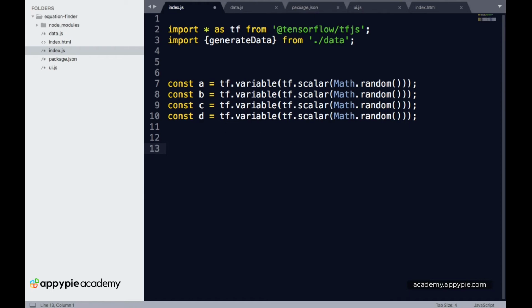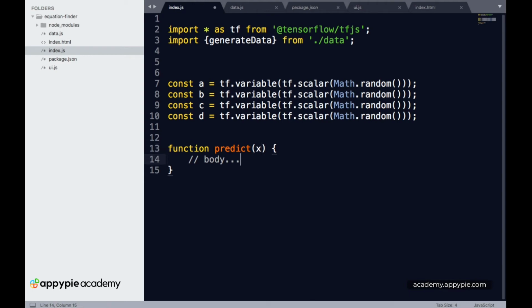Then we need to basically start defining our very core model. Our core model is nothing but a function which is ax cube plus bx square plus cx plus d. So all we have to do is put in a function over here, and the function name will be predict, and the function will basically predict the value of y with a given value of x.